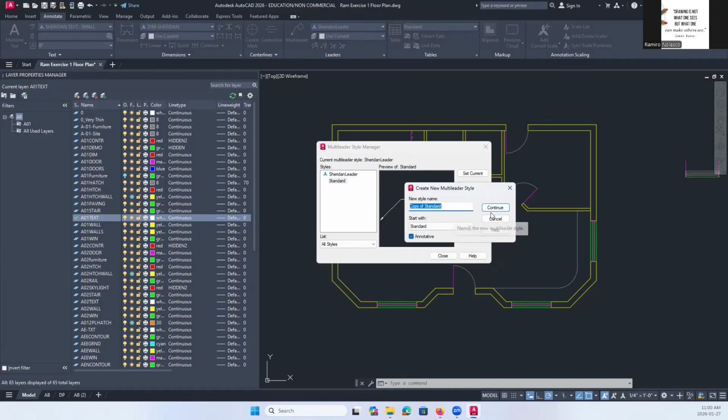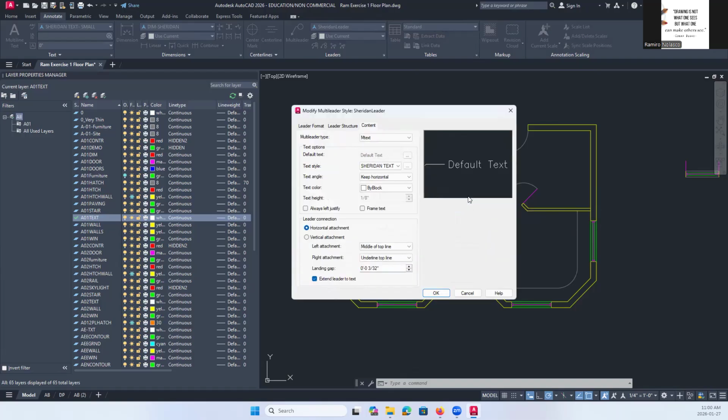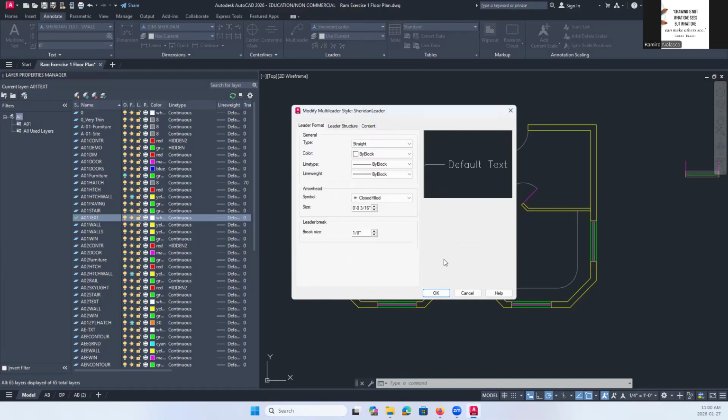So name it, click on continue. You should follow the settings that I have here, which is basically what you have. The only difference is we made it annotative.